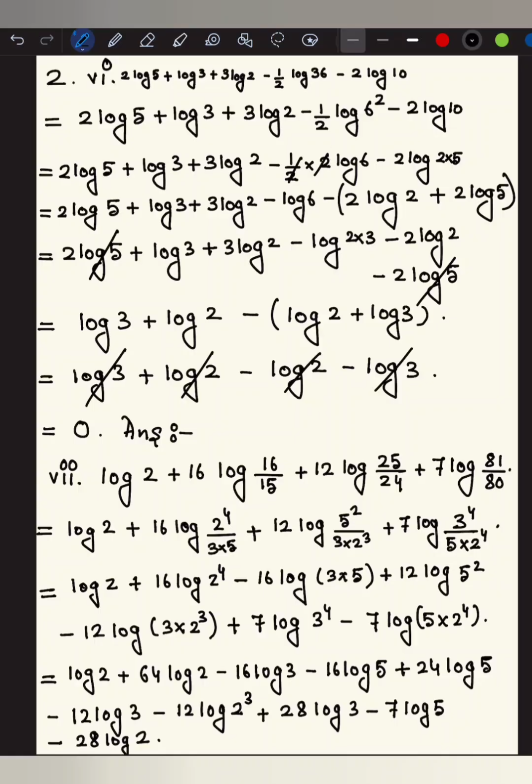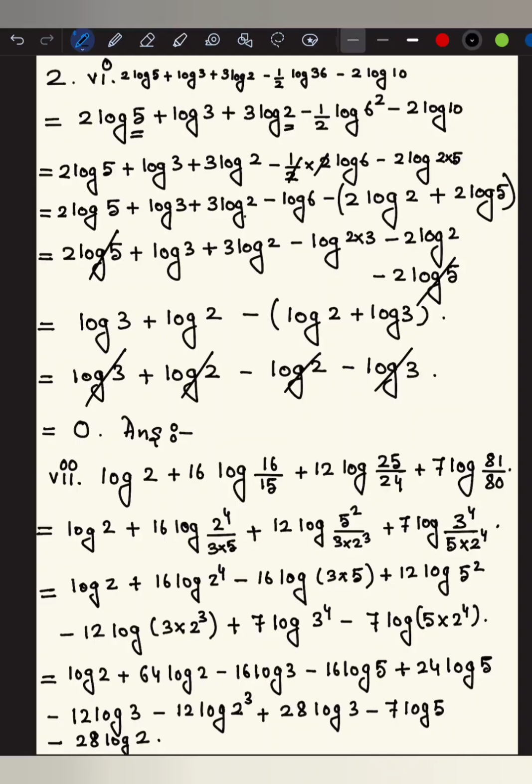This 2 comes out and gets multiplied by half, which was already there. So half into 2 log 6 minus 2 log 10. I have written this 10 as 2 into 5, because we have this 5 already and here we have this 2, that is why. So this half and 2 get cancelled out, so it comes out to be 2 log 5 plus log 3